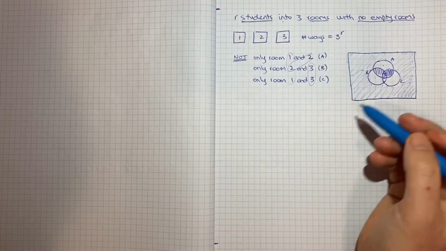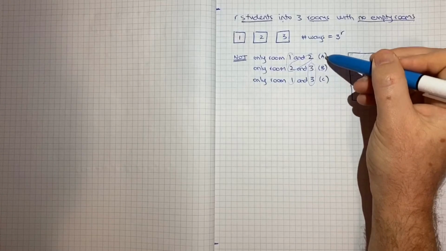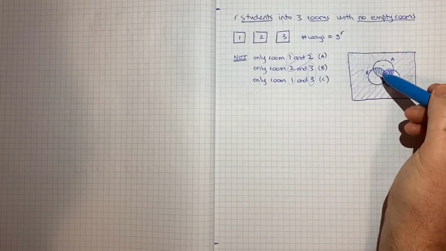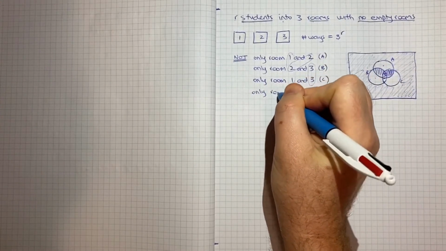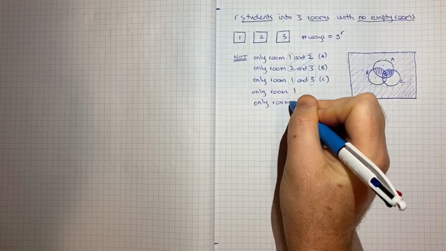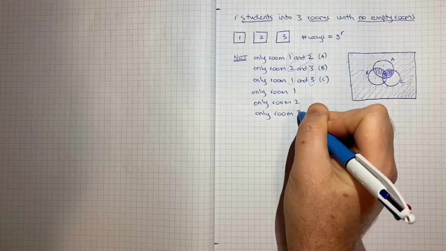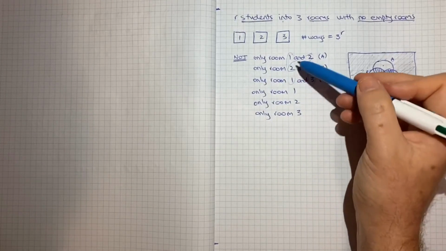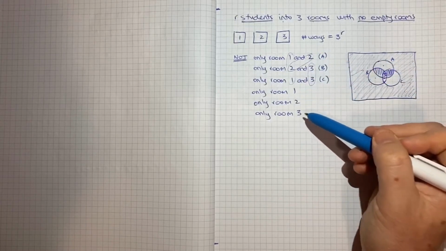So what we need to do is, when we're working out the number of ways each of these can be done and subtracting them, we also need to subtract from that only room 1, only room 2, and only room 3. And that's to help with ensuring there's no double counting. So if we can just work out the number of ways for each of these ingredients, we can then solve